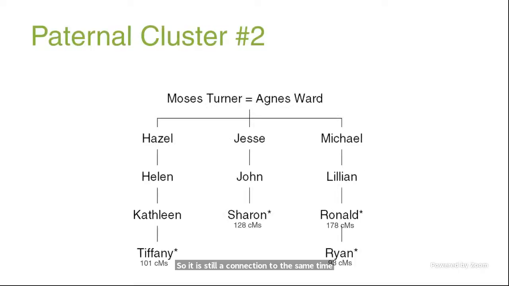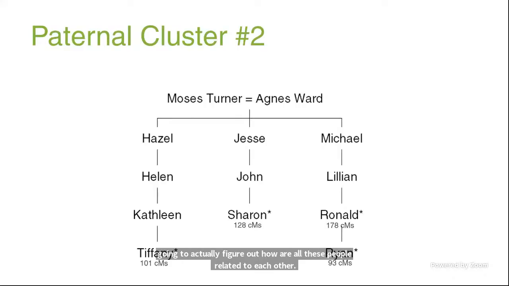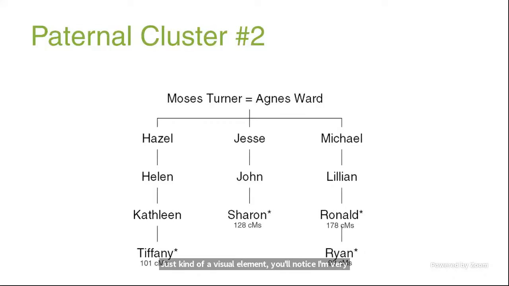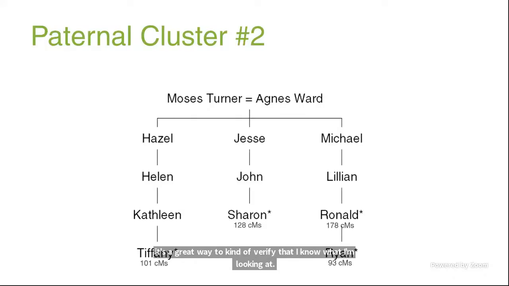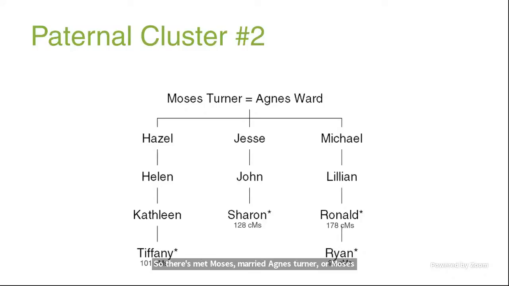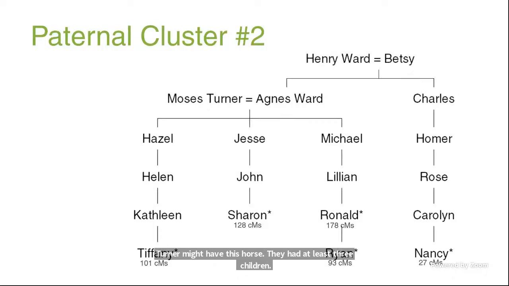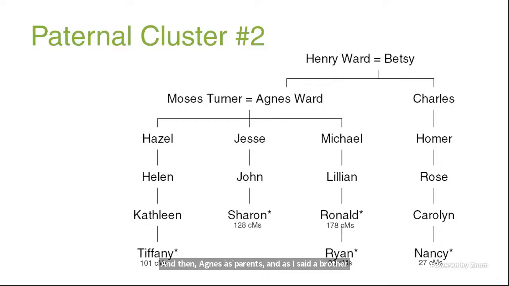Okay, so then we're going to take the cluster and figure out how all these people are related to each other. Just kind of a visual element. You'll notice I'm very visual and I love to see the descendancies. I feel like it's a great way to verify that I know what I'm looking at. So there's Moses Turner married Agnes Ward, and they had at least 3 children. And then Agnes's parents, Agnes had a brother, Charles, and there's also a descendant, Nancy, who shares 27 centimorgans with